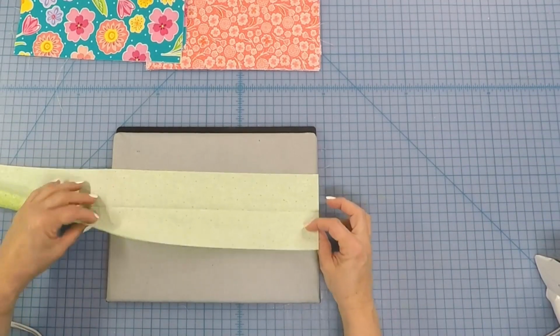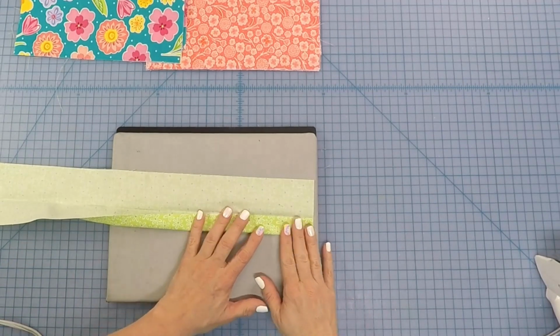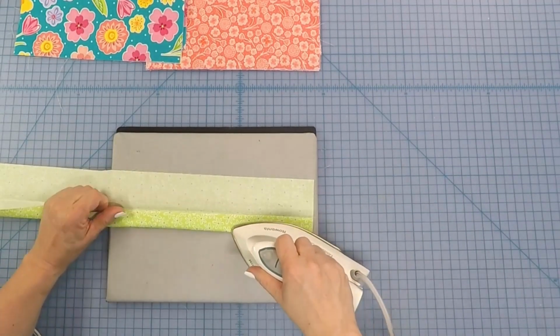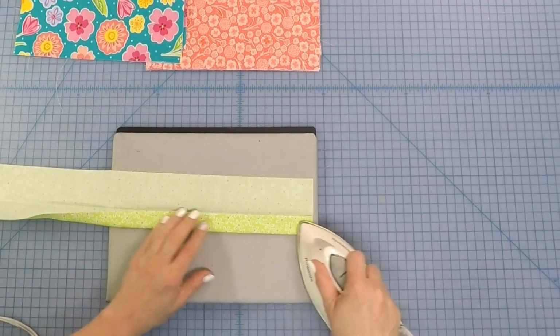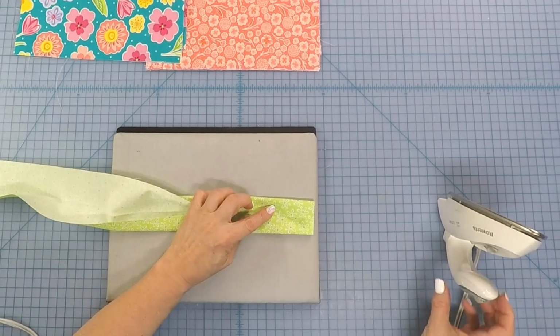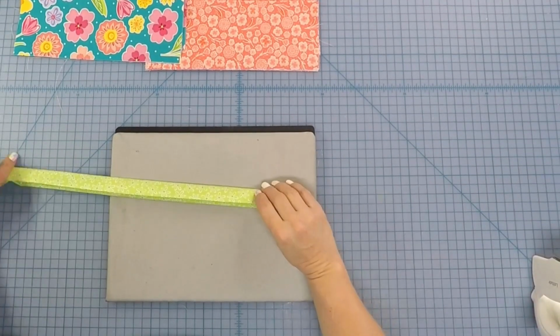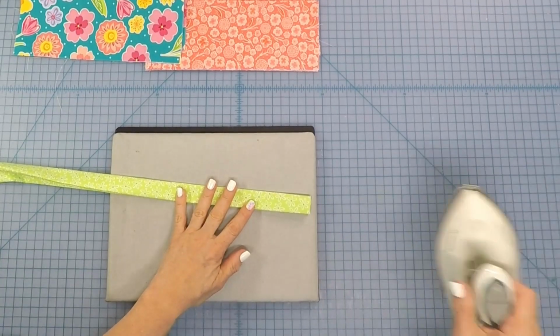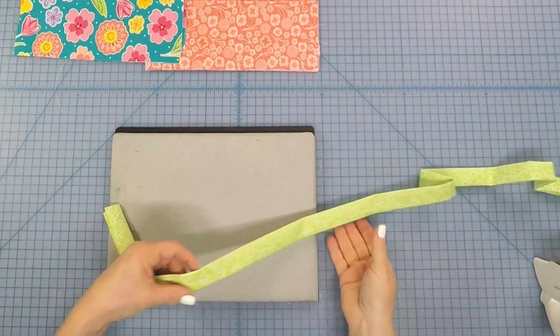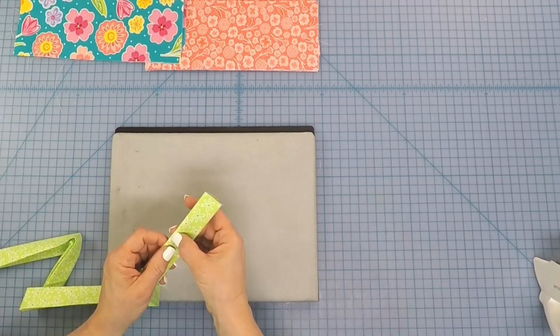Once you've pressed it, you're going to open it up and you're going to take each long raw edge and align it with that center fold line and press that. So there's that one and then this one. Okay, so once we've done that, again, we're going to fold this in half and this will give us a padded strap. So I'm going to go over to the sewing machine. We're going to put our number 10 foot on and we're going to go ahead and top stitch down each